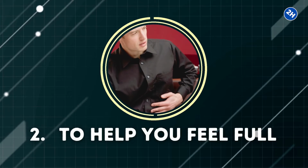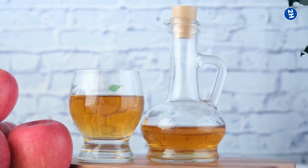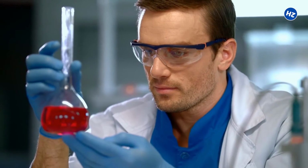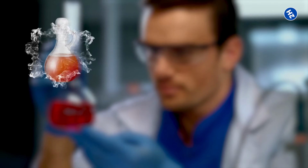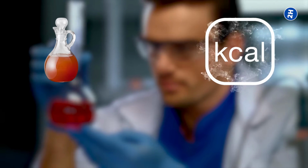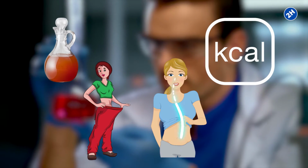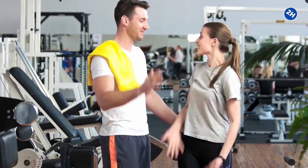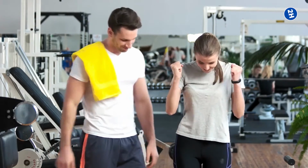Number 2. To help you feel full. Apple cider vinegar is also recommended as a weight loss aid. That's because it can allow you to feel full. Many short-term tests have shown that using apple cider vinegar can help you consume fewer calories, lose weight, and decrease stomach fat. However, its long-term impact on weight loss is uncertain and likely to be minimal unless further nutritional and